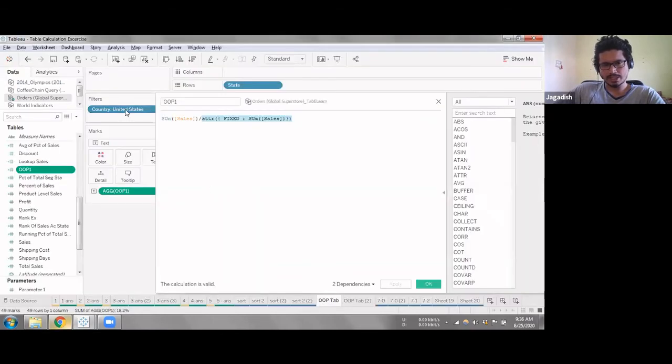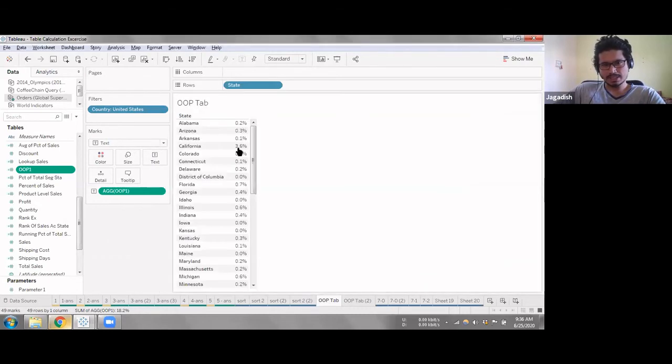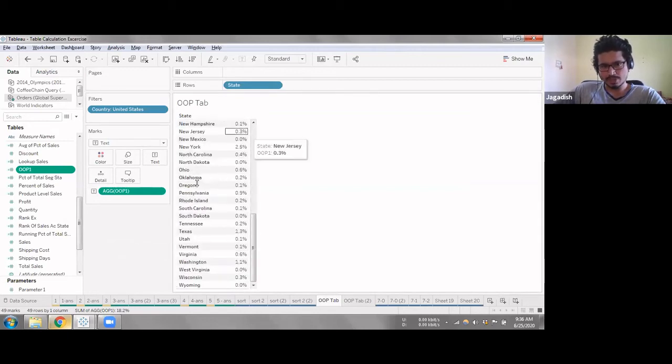So when I have United States as a dimension filter, this fixed will give me the sum of sales for all the countries, not only United States. It will give me that for all the countries, and once this is calculated, then the filter is applied. That's why the denominator of this percentage contains sales for all the countries, not just the United States alone. But once the calculation is done, I'm viewing the calculation only for the United States.